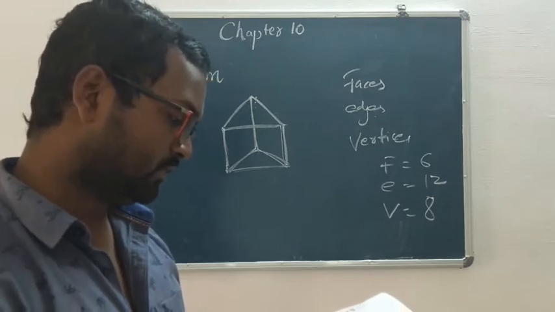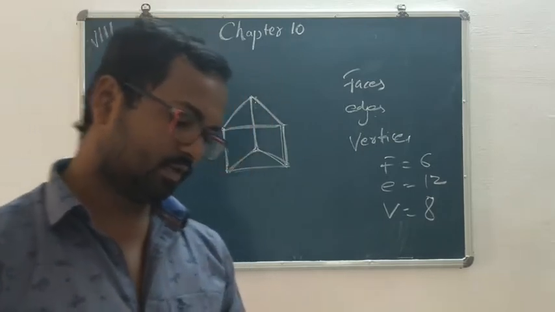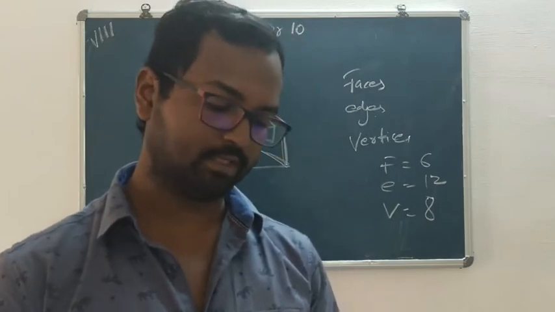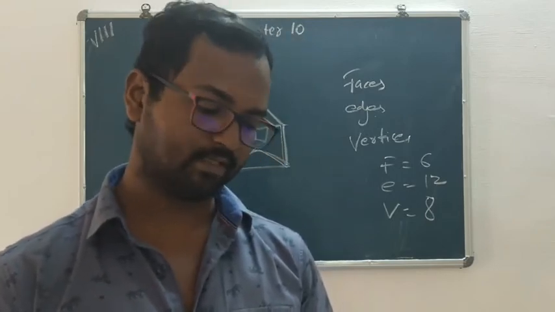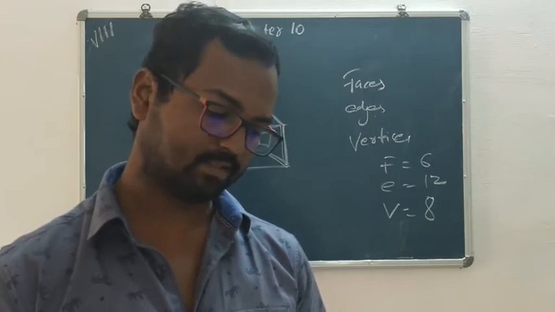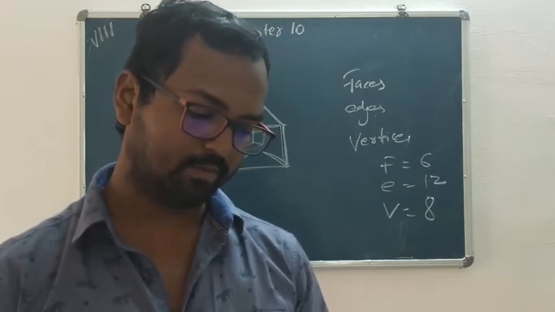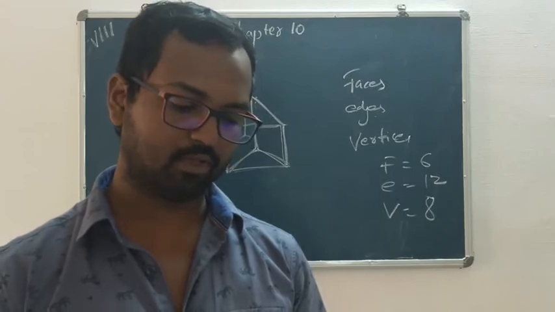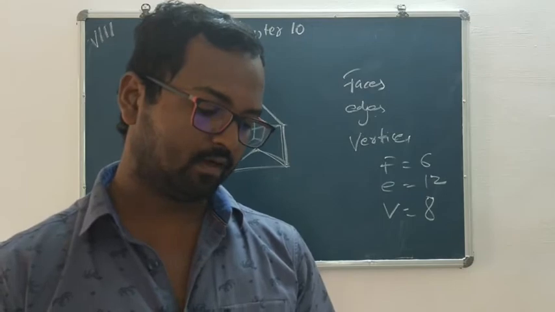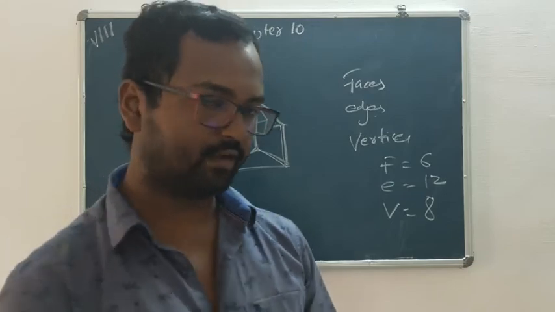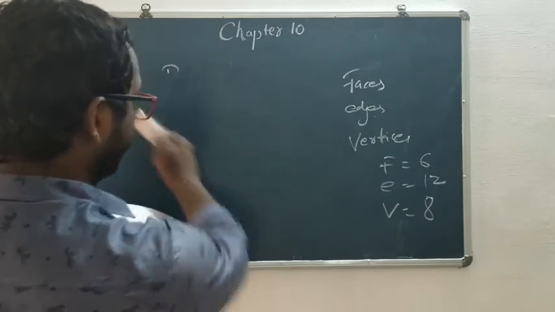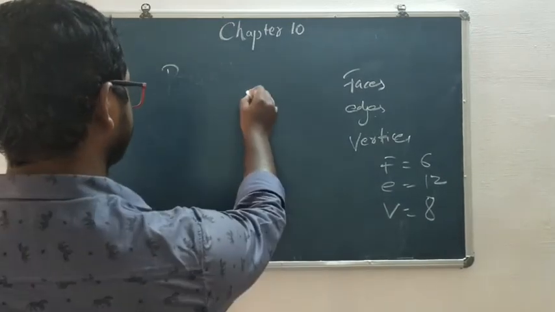Okay, so the pyramid is a polyhedron whose base is a polygon of any number of sides, whose lateral faces are triangles with a common vertex. So a pyramid is a polyhedron whose base is a polygon, which means 3 or more sides is possible, and whose lateral faces are, in case of a pyramid, the lateral faces are, see,